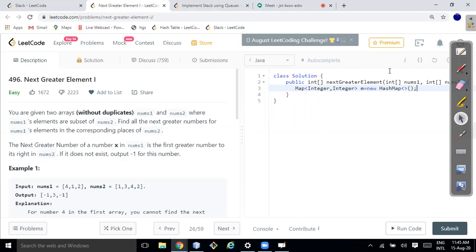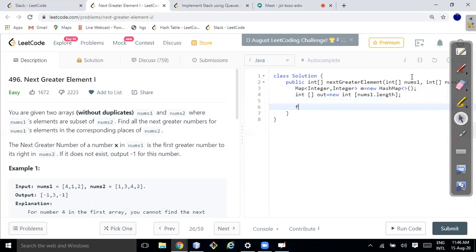We created one map. We need to create one array also, and that should store the result. So what will be the array size? The out size should be the same as the nums1 size, right? So I can write new int, and the size would be nums1.length. That's cool.